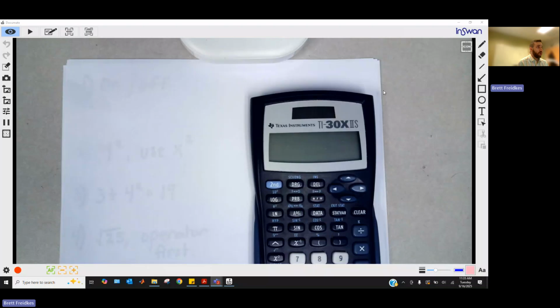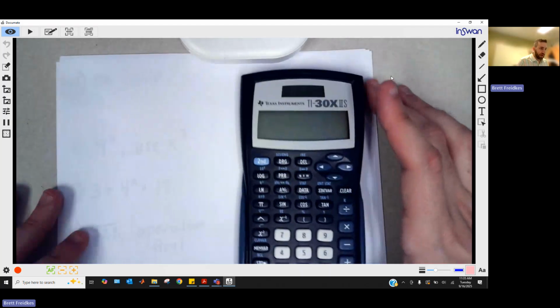Hi. The goal of this video is to go over the TI-30xIIS calculator, which is what I allow you to use in computational methods. We'll go through this tutorial just like I did my other tutorial for the TI-30xA, which are both allowed in my comp methods class at the moment. We'll see if that changes in the future. But for now, let's go ahead and pull up our TI-30xIIS. You can see